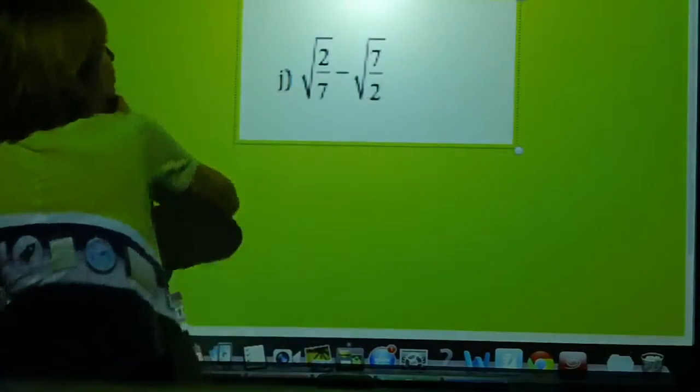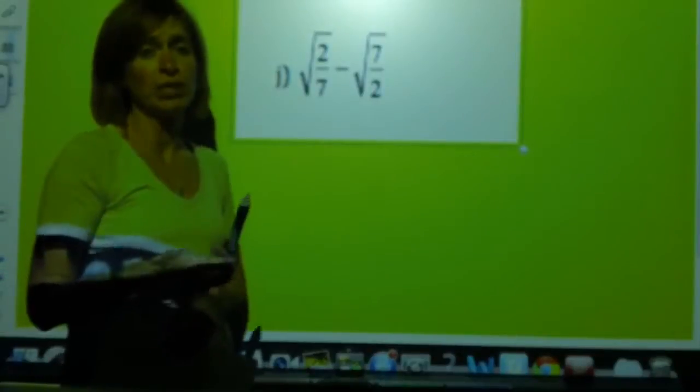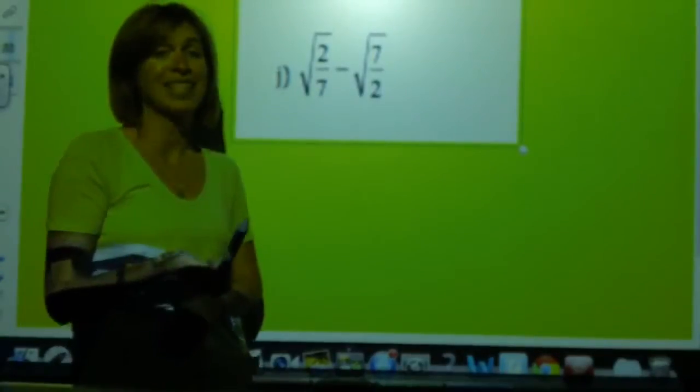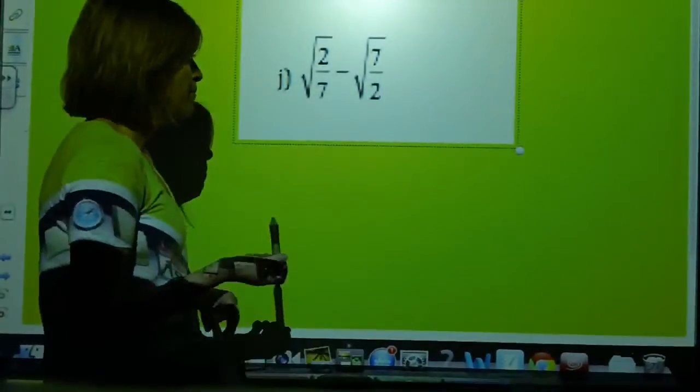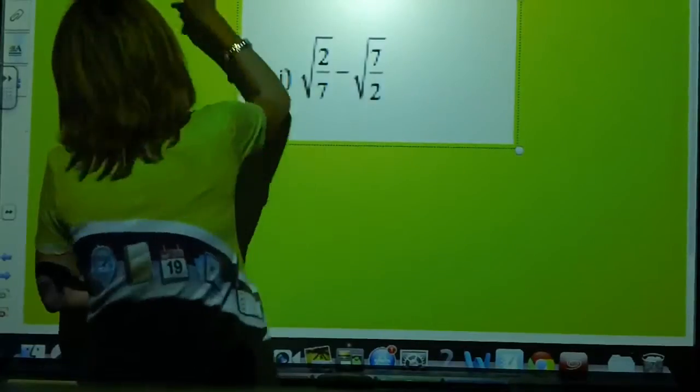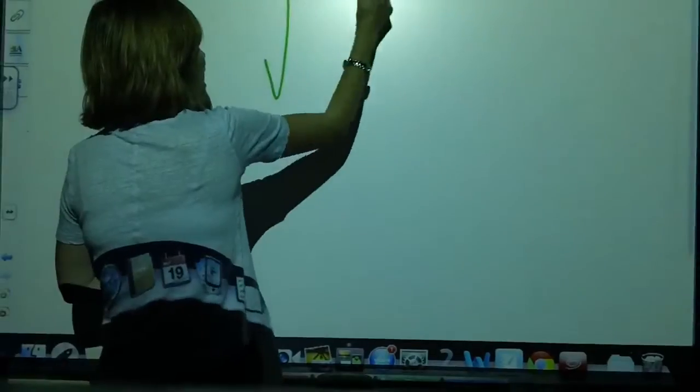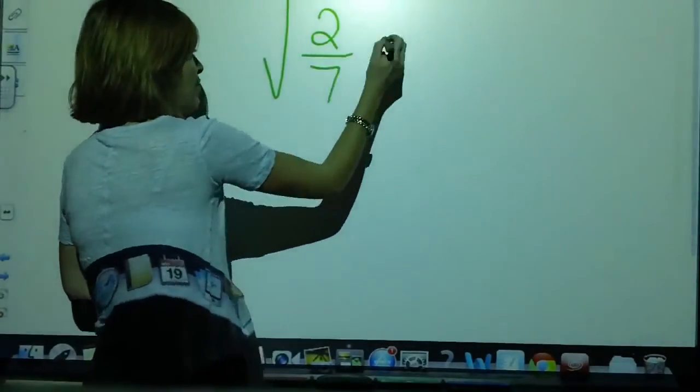Can make it a little bit more difficult. This is probably the most difficult right now, and we're going to be practicing this tomorrow in class. But oh, that's not also clear, is it? New page. Let me do a new page. So I have radical 2 over 7 minus